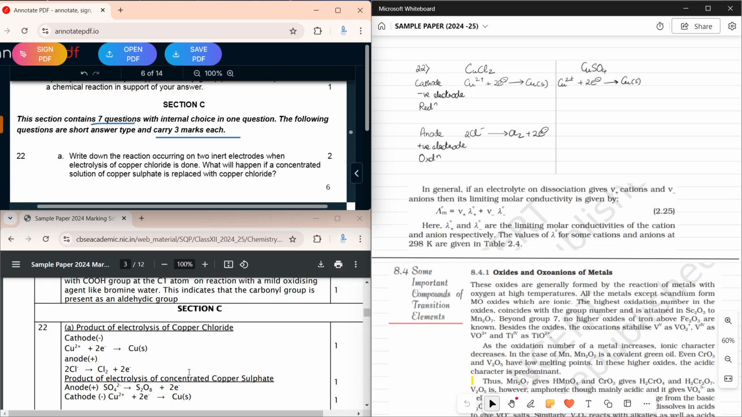The thing is, for copper chloride, whatever they've given over here is absolutely right. That's exactly what we expect. We expect to see cathode having a reduction taking place. The copper ion gets reduced, and at the anode, you'll have oxidation of chloride, and that leads to the release of chlorine gas. The issue I have with the answer over here, and for sure you can let me know if you think my thought process is incorrect,